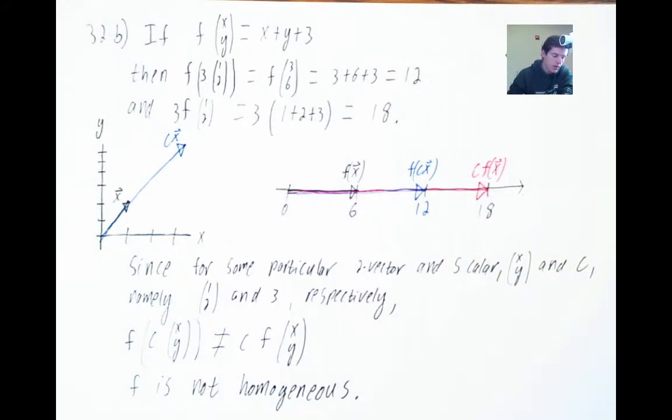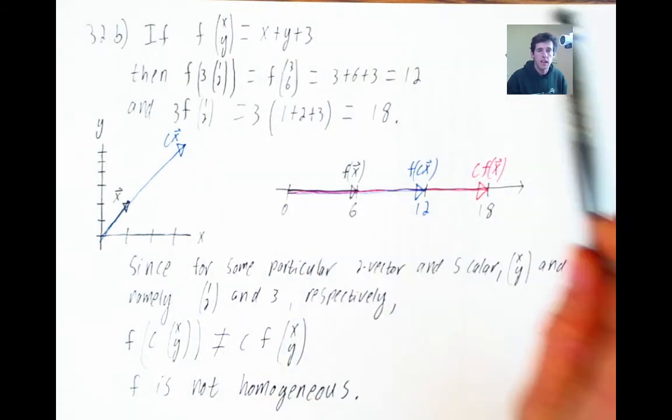And to wrap this up, I wrote, since for some particular 2-vector and scalar x, y, and c, namely 1, 2, and 3 respectively, f of cx is not c times f of x, f is not homogeneous. I hope these are making sense, and we will continue working up in complexity to 2-vector valued functions of 2 vectors. That is, we're going to take in 2 vectors and give out 2